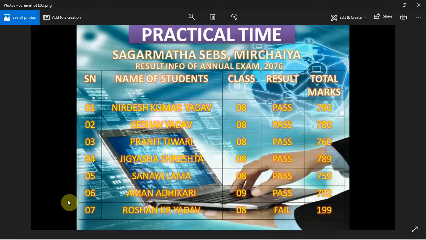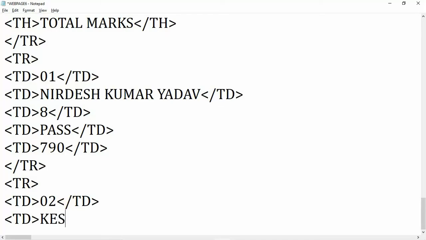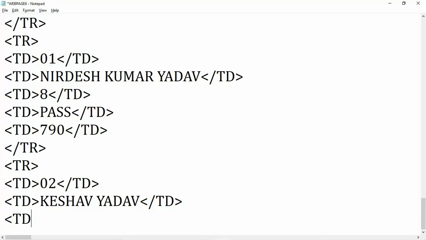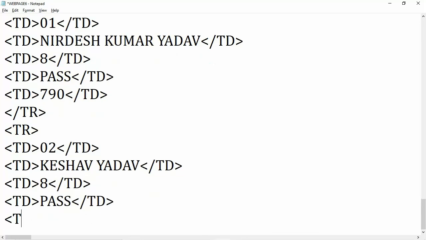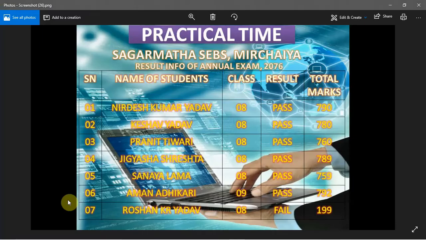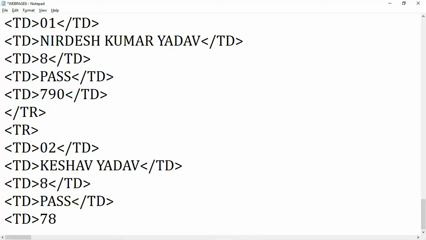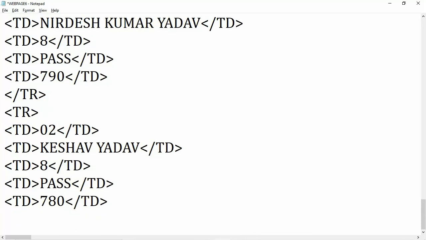Next write the name, now next class 8, again close it. Now again TD, and here also pass. Now write the marks in TD, and the marks you have to write 780. Now close TD. Now next again you have to close the TR tag.